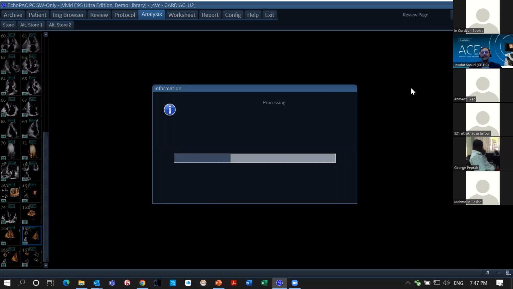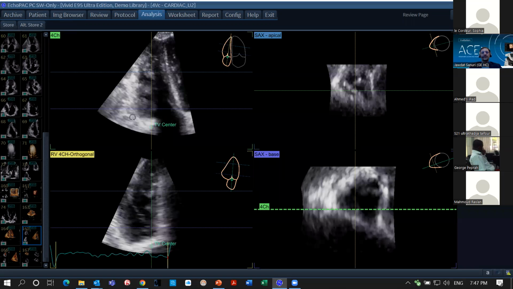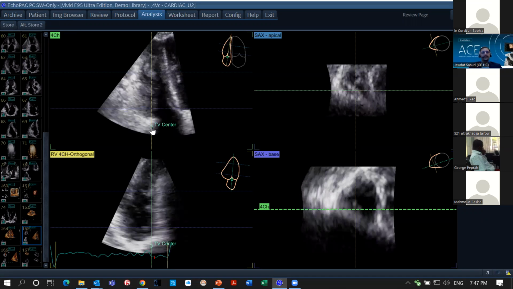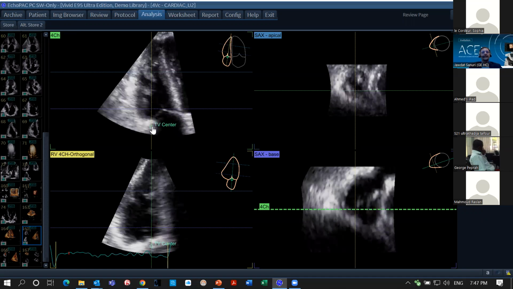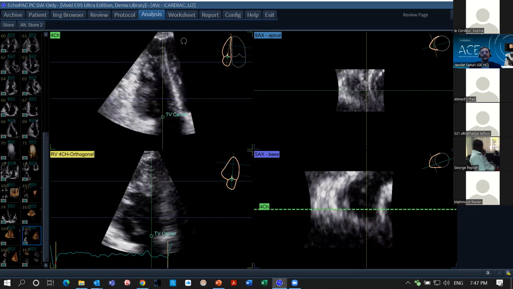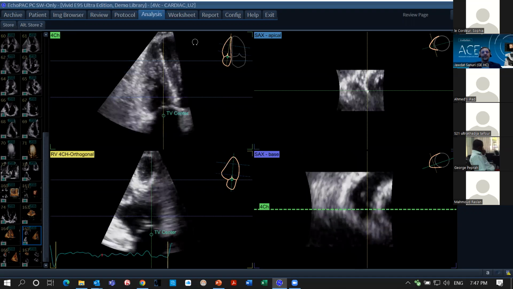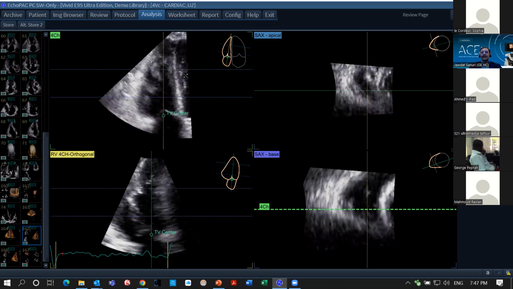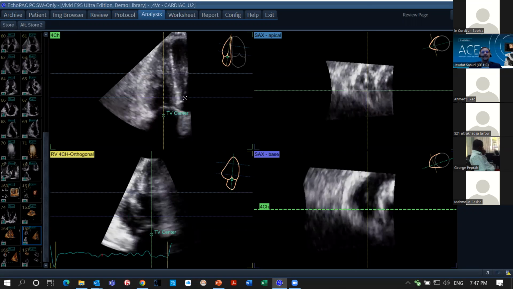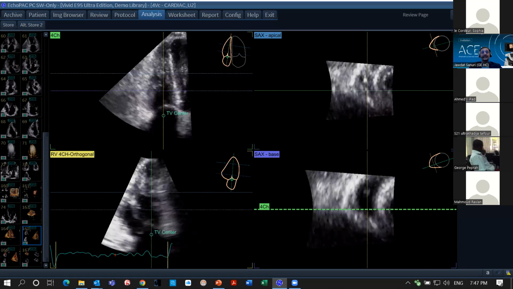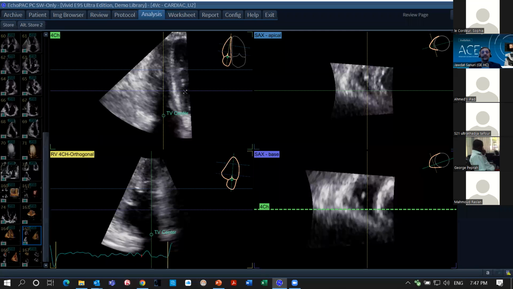Of course, this software which I'm using, which is called EchoPack, this is the GE cardiac PACS solution, and part of the reason of the ACE course is to educate a little bit about the use of this software in the hands-on. But what I need to mention is that as a 3D software, it is always better to